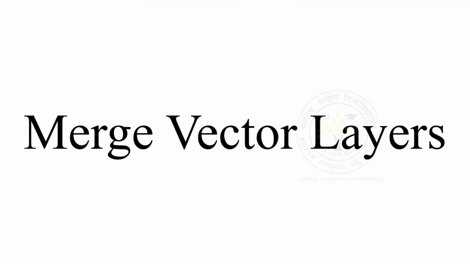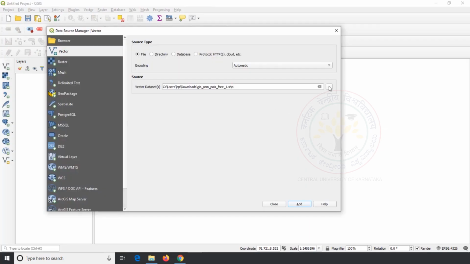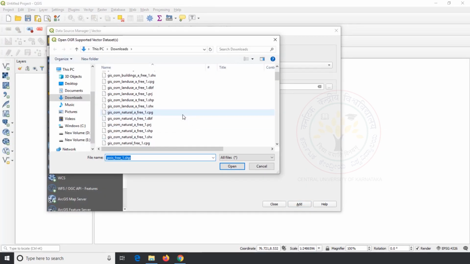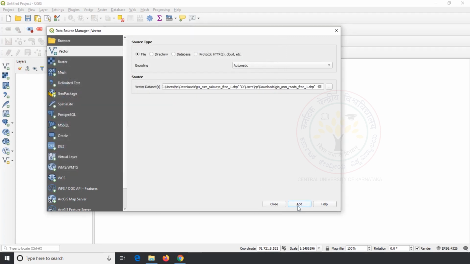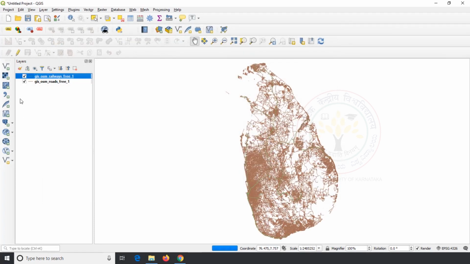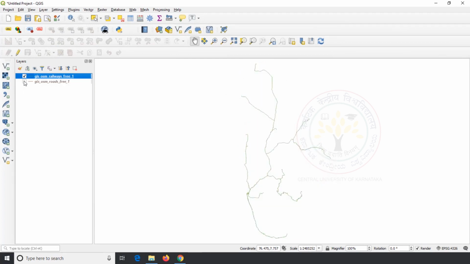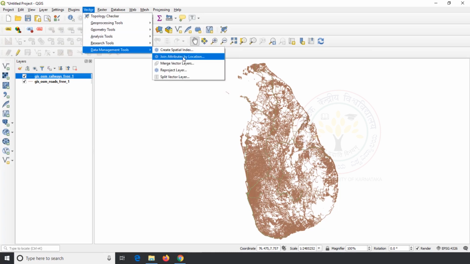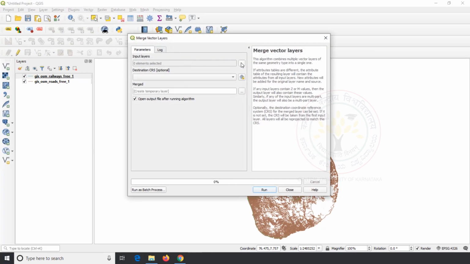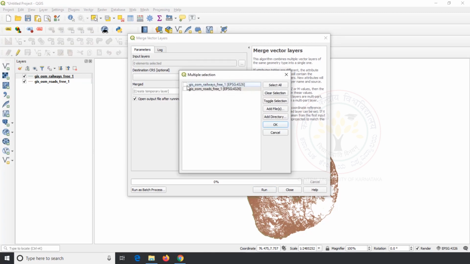Merge vector layers is used to merge features of the same geometry. For this, I will use roads and railways of Sri Lanka as input to merge, and we will see the result. I open the tool and click on the button located on the right side of input layers.